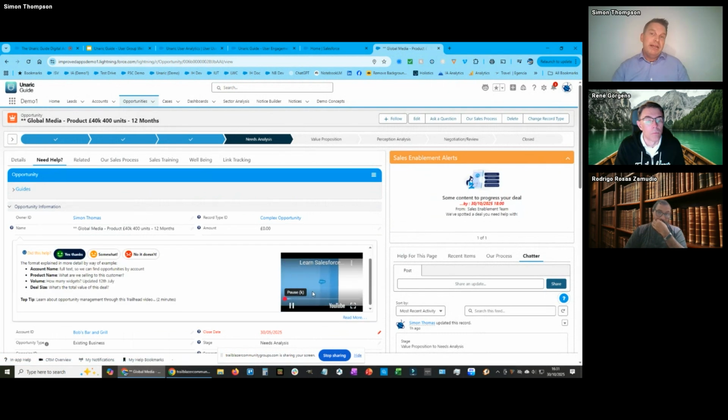And we can also embed more videos and training right in, even at field level. So this is relevant to the user and they can dip in and out, whether they're on a new opportunity or editing an existing opportunity. This field level help can work on any standard object, any custom object. If you're using dynamic pages of Salesforce, then of course we can embed our content around those too. So no matter how you've customized Salesforce, we can put very contextual help and training right at the user's point